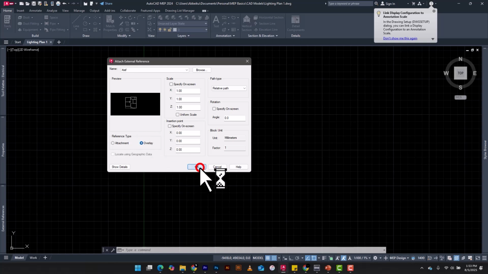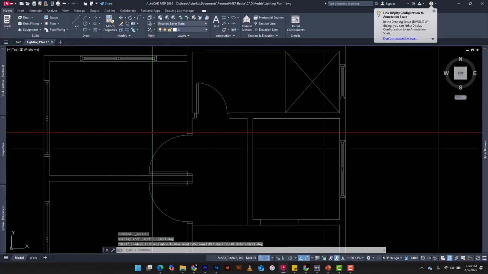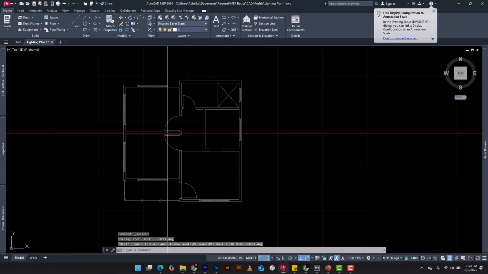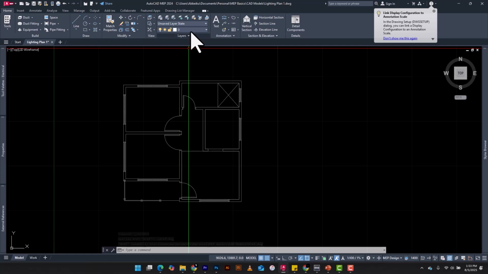All right, so this is our model. You can see that it doesn't have the names of the spaces, and this is something we can turn on because I just turned it off, but I'll do that. Let me just